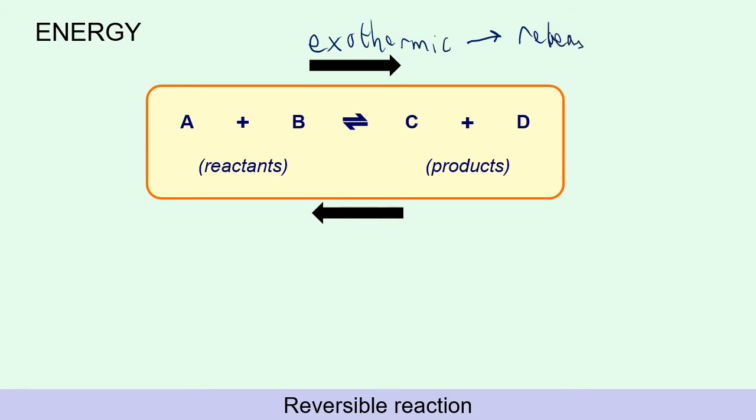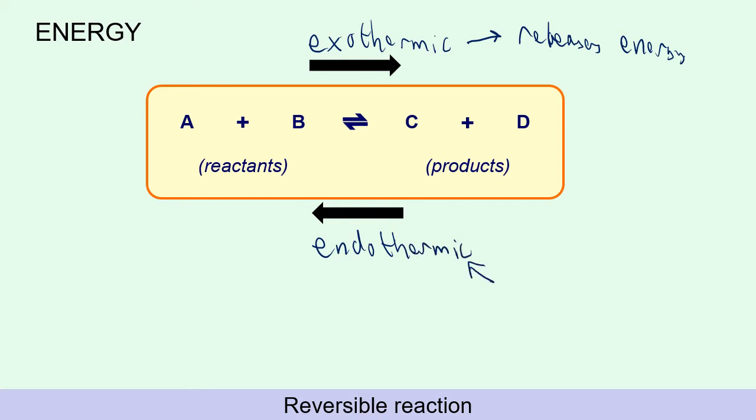You'd know it as a reaction that gets hot or maybe gives out light, so that releases energy. Then the opposite, to go back the other way, it must be a reaction that takes in energy, endothermic,